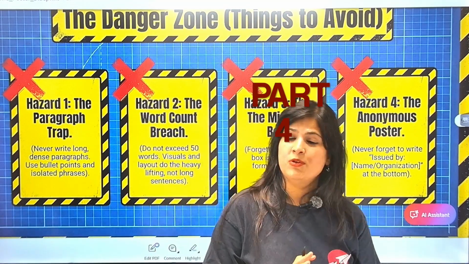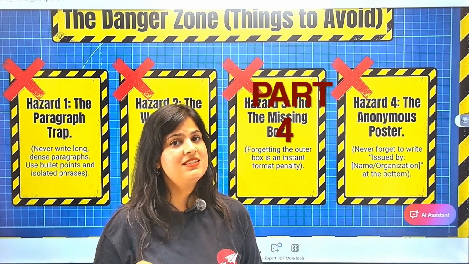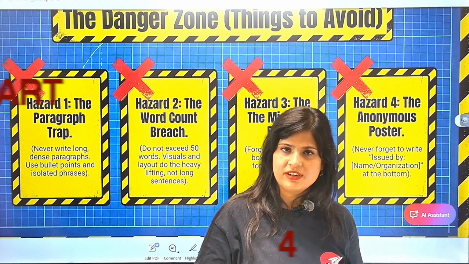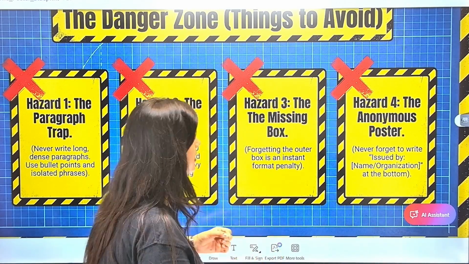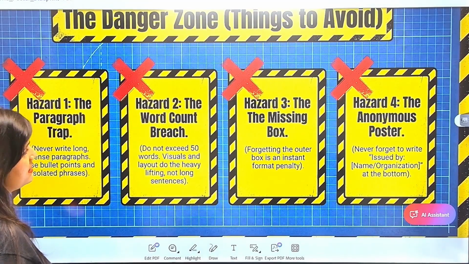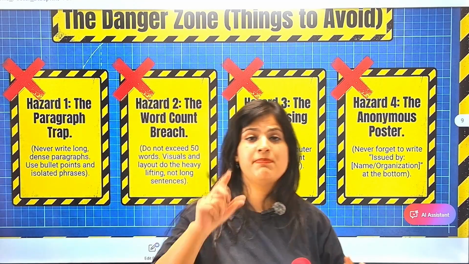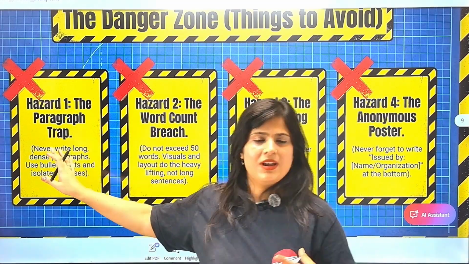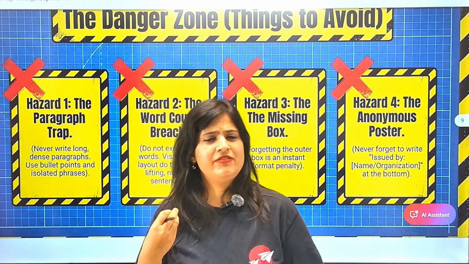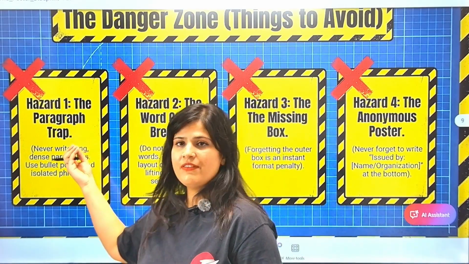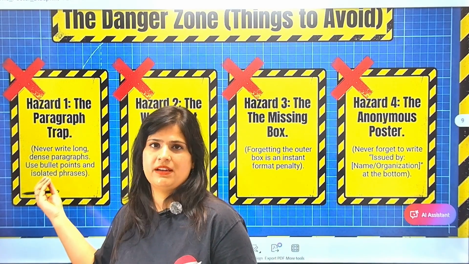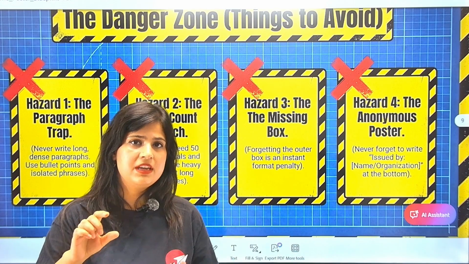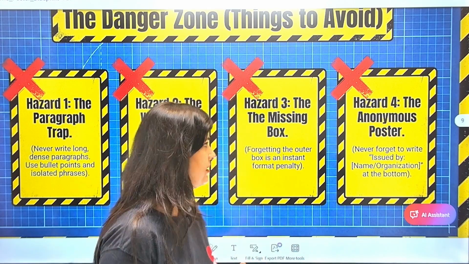This is the most important part of the video. The things that you should avoid. These are the common mistakes that students generally make, and I really advise them not to make these mistakes. कि सबसे पहली बात तो ये होती है कि बच्चे पैराग्राफ में लिखना स्टार्ट कर देते हैं. No, has to be written in small lines, has to be very brief. 50 words है हमारे पास. We are not having that amount of word limit to create a paragraph. तो पैराग्राफ नहीं लिखना है. Write in pointers, write in brief, be accurate, be precise, right?